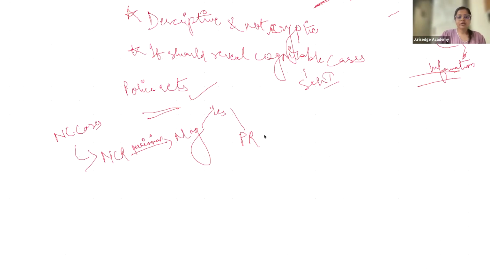Okay, so it should reveal cognizable cases. Cognizable cases are under Schedule 1 and the police can arrest without warrant. Anonymous FIR. Anonymous FIR